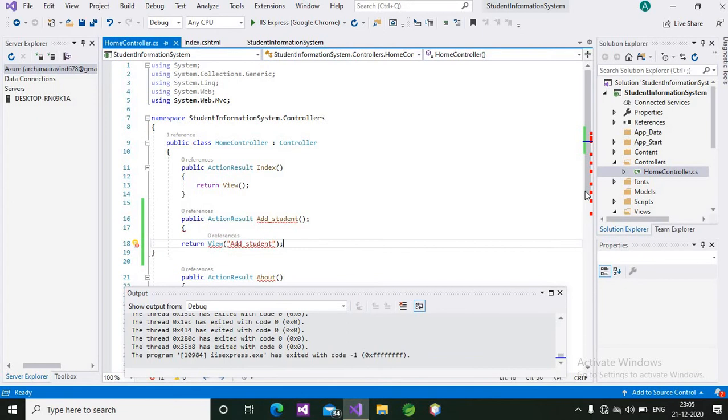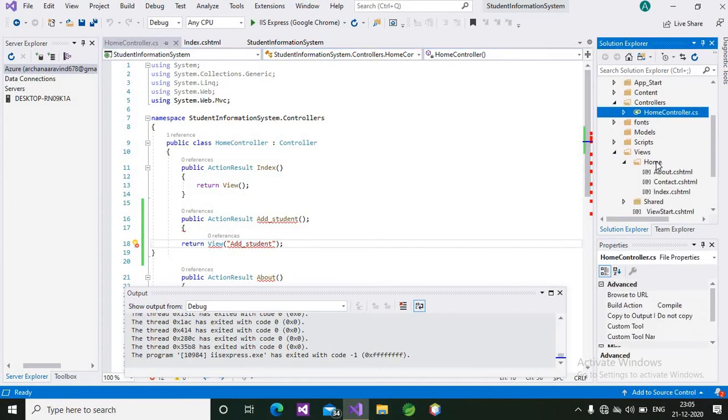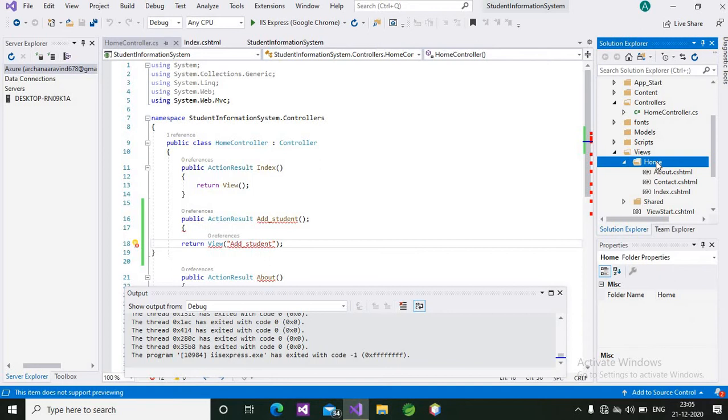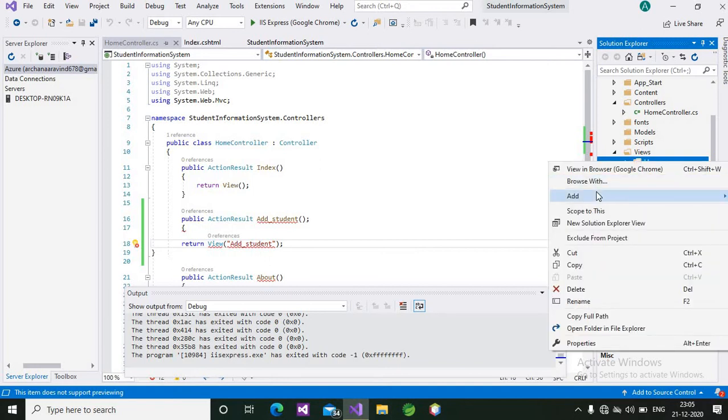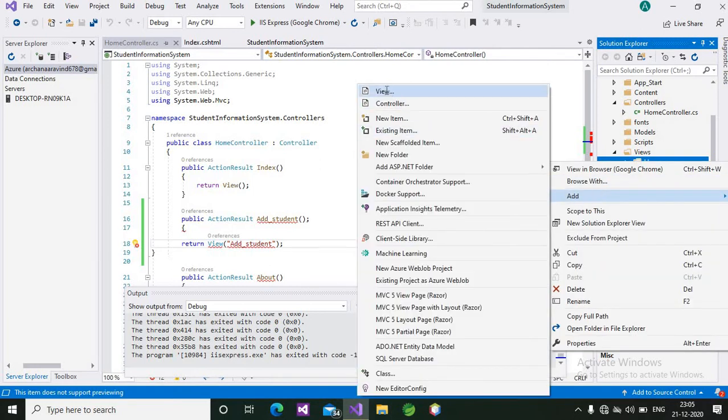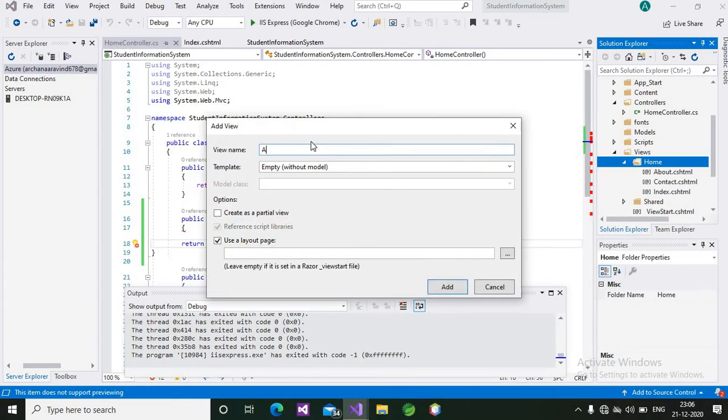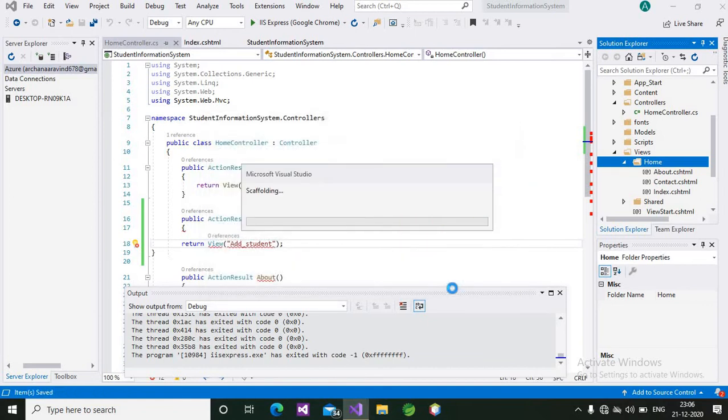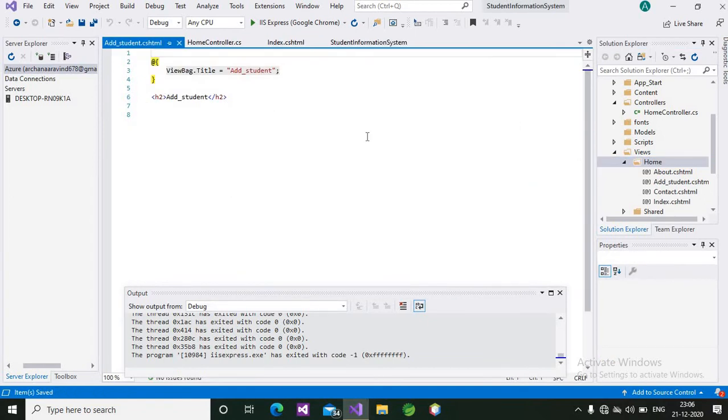Now I am going to create a new view that is Add Student. Within Home, right click on Home, Add View. The view name is Add Student. Click on Add. Our new page has been created.